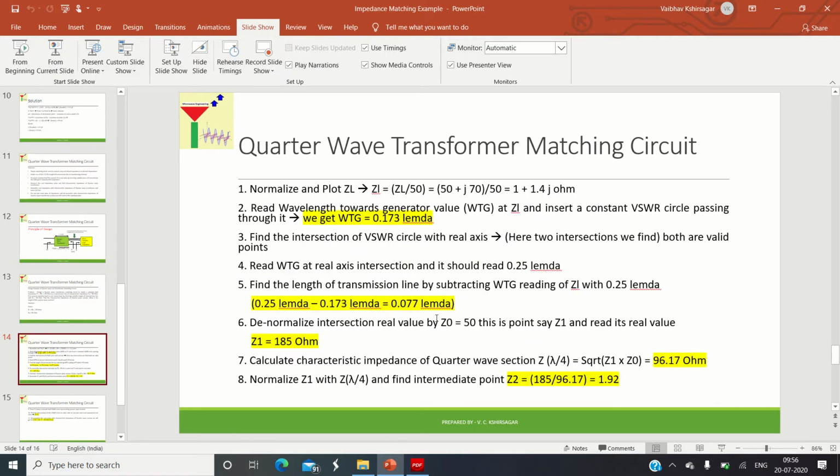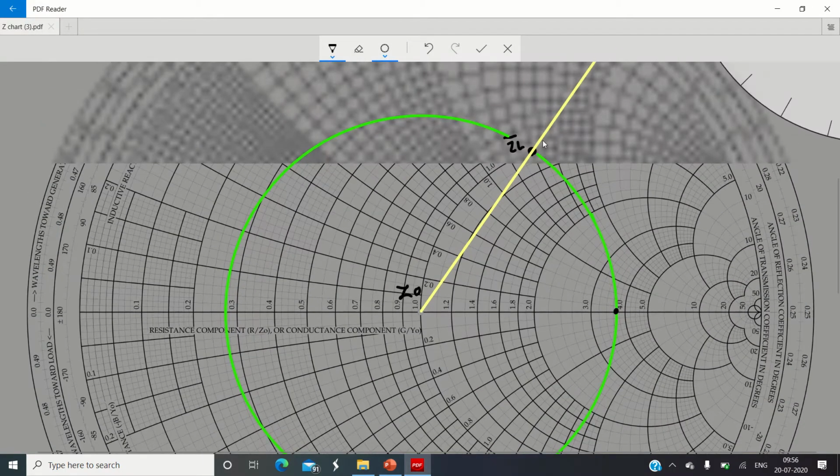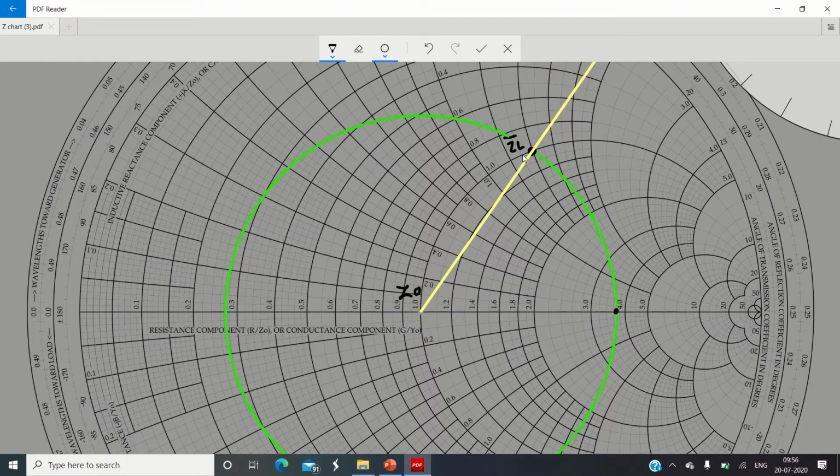Okay, so what we have done, we have converted the complex load impedance value, which is available over here, we brought that value onto the real axis. Let us call this point Z1 bar. This Z1 bar value you need to read. Whenever you take the value from the Smith chart, please remember it is always a normalized value. So it is intersecting. What is the value over here? It is a 3 point.